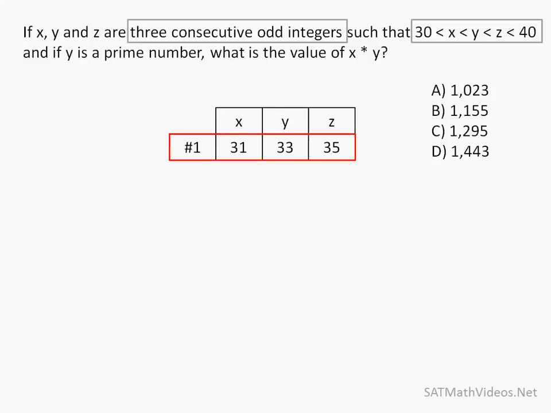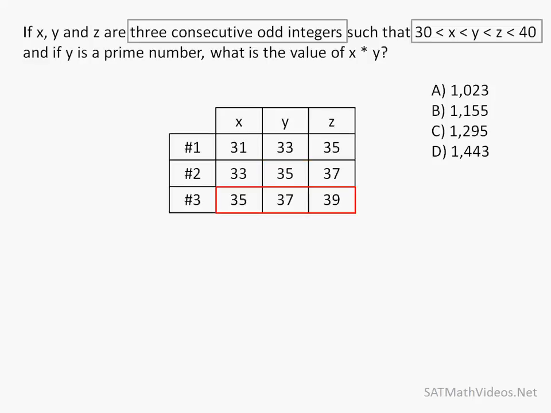There are others. For instance, what if x wasn't 31, but the next largest odd integer between 30 and 40, which would be 33? And since we know the variables y and z are the next two odd integers following x, we know their values are 35 and 37, respectively. The third and last option is determined in the same manner, where x equals 35, y equals 37, and z